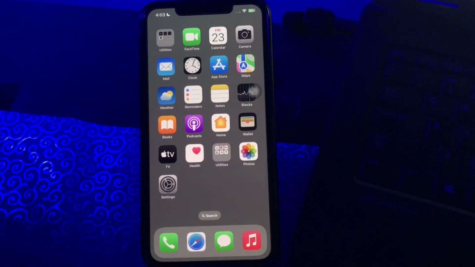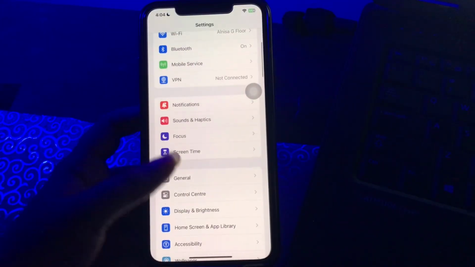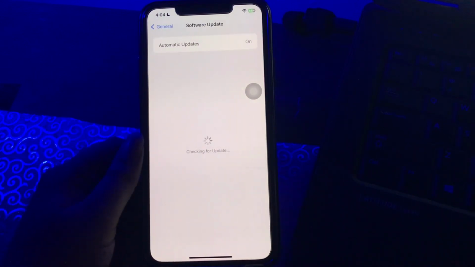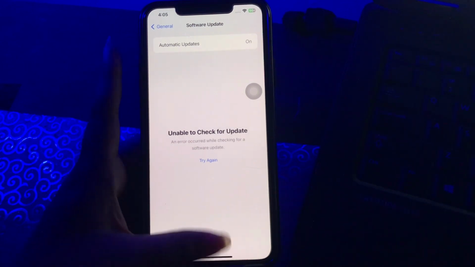And the next step is update your iPhone. iPhone can cause several problems because you have not installed the recent updates from Apple. For this you just need to go to the settings page, scroll down and then tap on general and then tap on software update. Wait until the page is loading. If there is any update available, try updating your iPhone and check whether you are able to use the voice to text feature on your iPhone, and you are done.